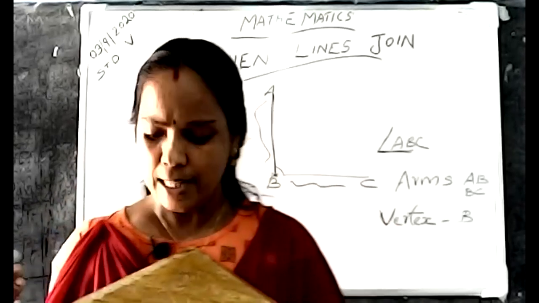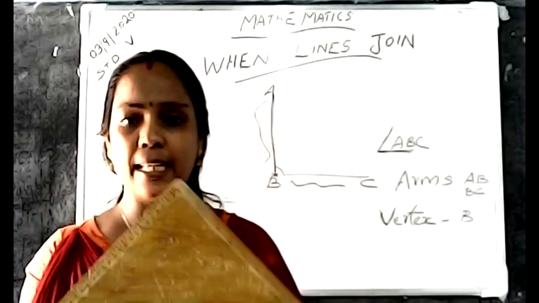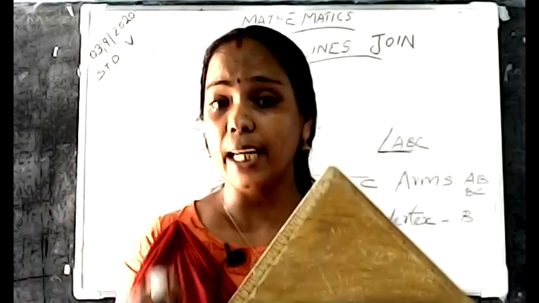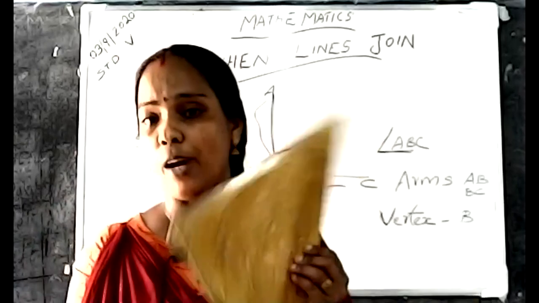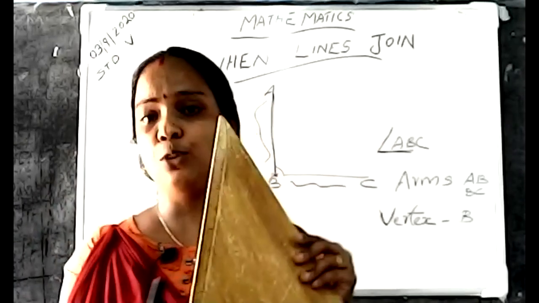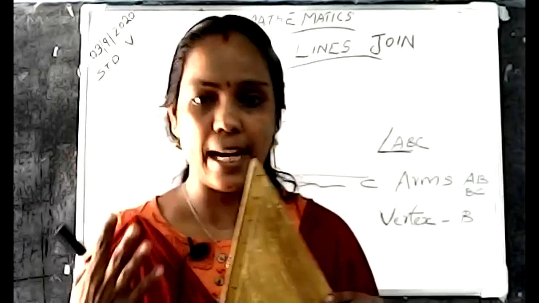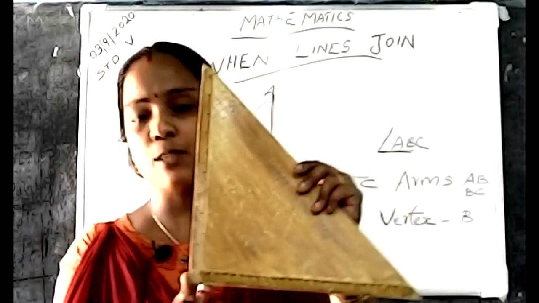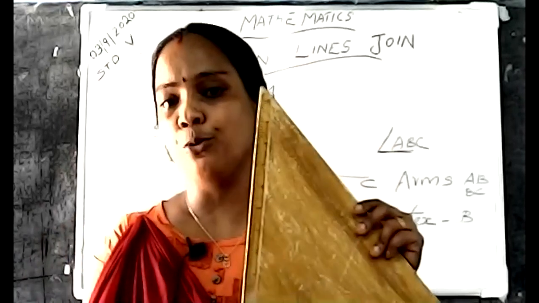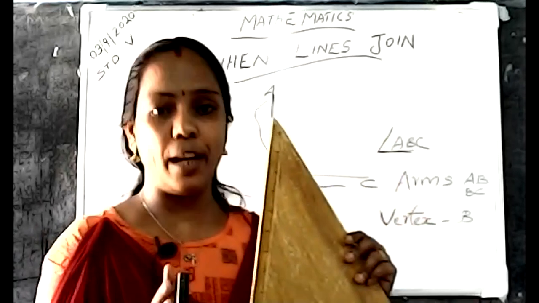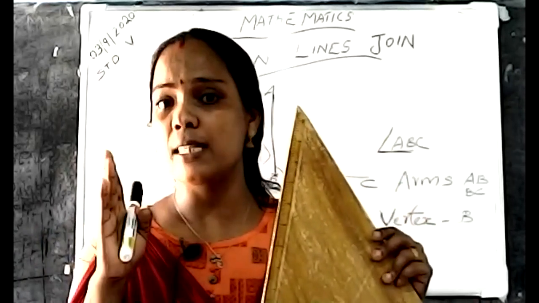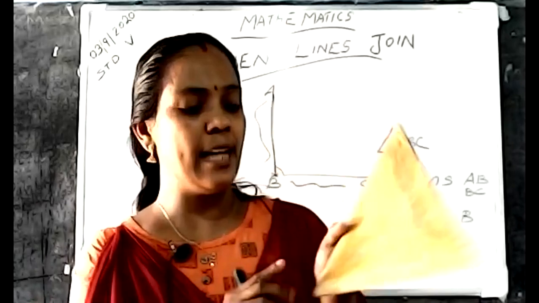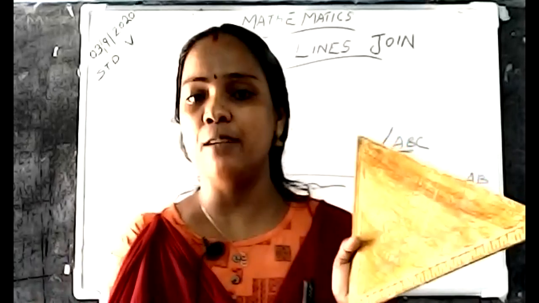Every time you use the set square, this side is the baseline. After that, we want to draw a square. The 90 degree side is used for drawing the opposite sides. Those two sides are drawn using the 90 degree side for drawing the square. What is so special about a square? All sides are straight lines. That's why this 90 degree angle side is used.